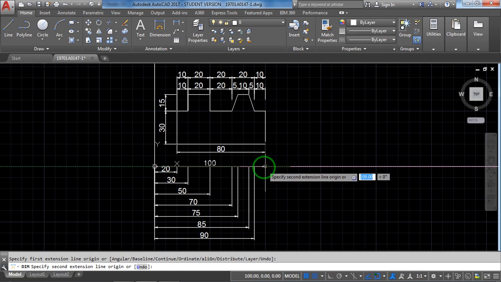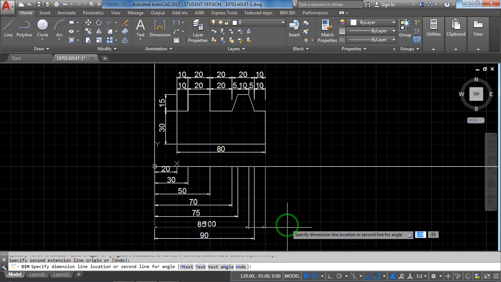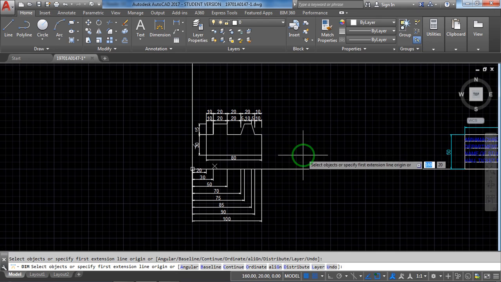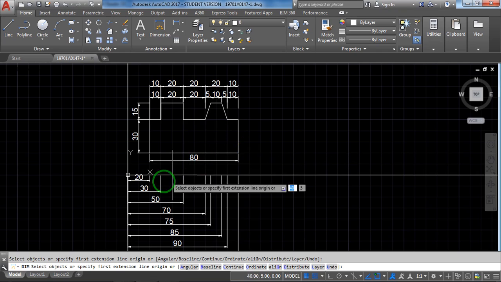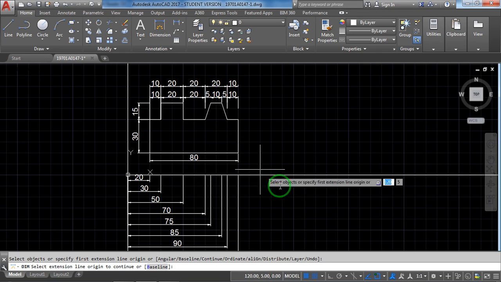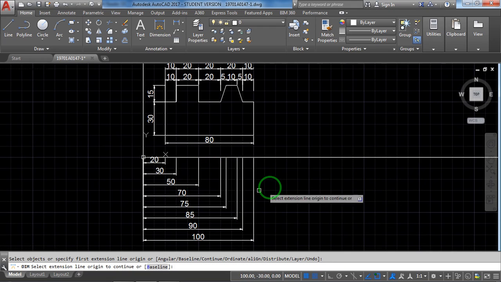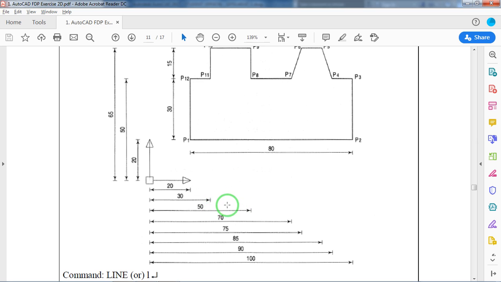Track this, select 100. See, as it is the same, this is like here, but the extension lines we are taking from this particular point. So that's the reason it's like this, all are in line here. If you edit this, these extension lines will be visible like here only.